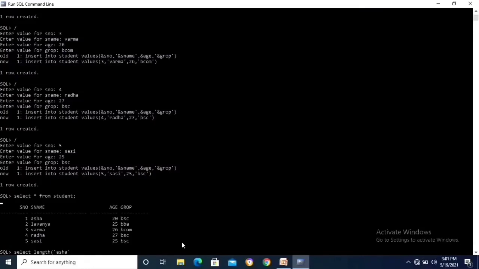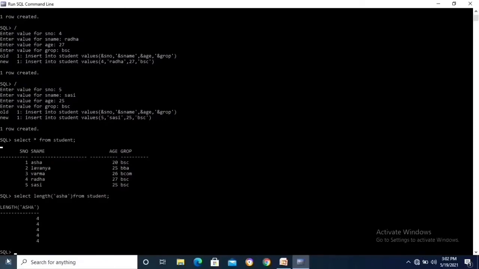So Asha from which table? Student. Semicolon, enter. So Asha's length is 4. The output is displayed only one time. Asha is 4 characters. So 1, 2, 3, 4. So 4 is displayed. This is the length.